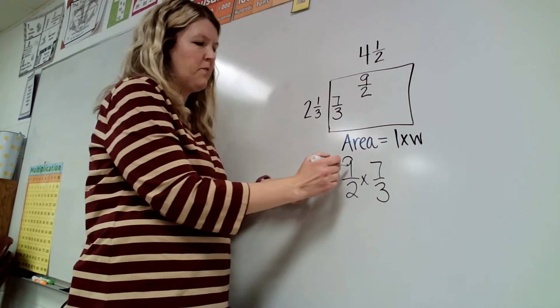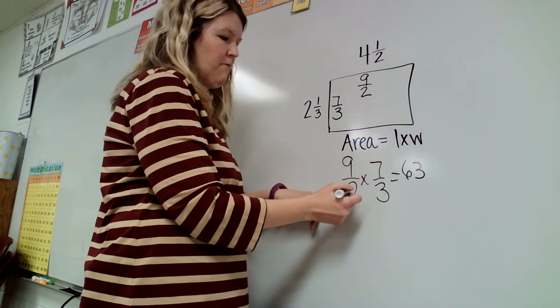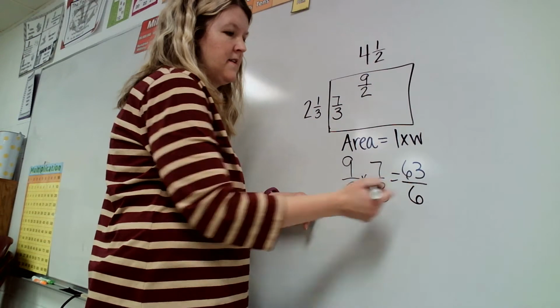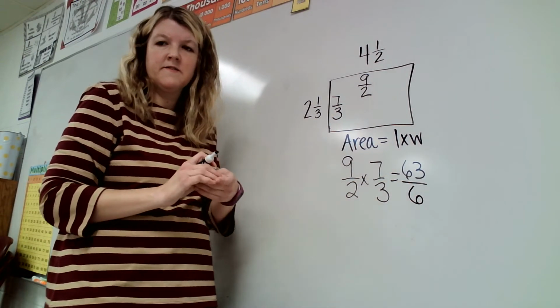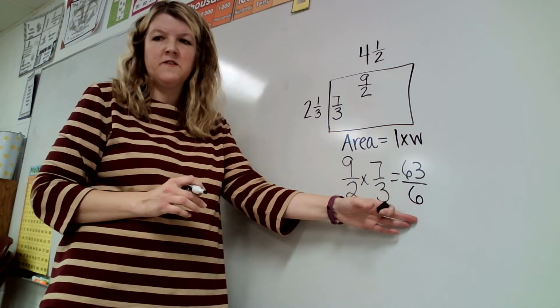So we know we multiply the numerators. So 9 times 7 is 63. Then I multiply the denominators. 2 times 3 gives me 6. So 63 sixths. And if this were multiple choice and that was one of the choices, you could leave it